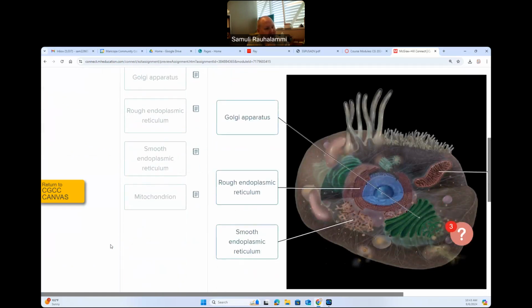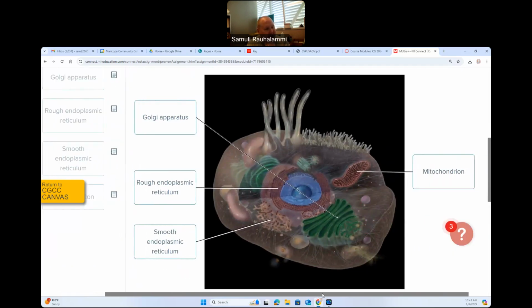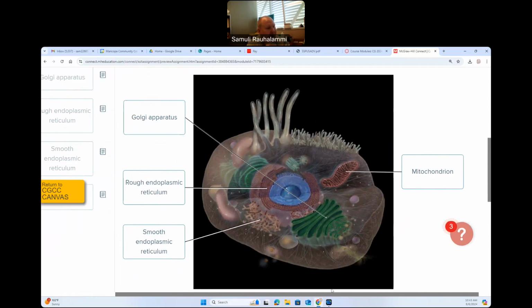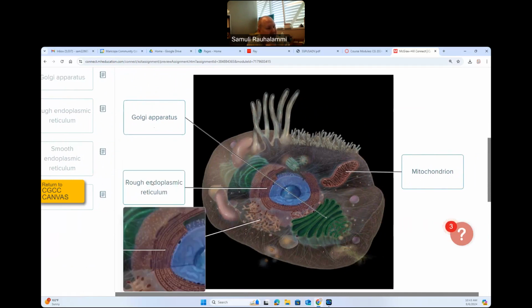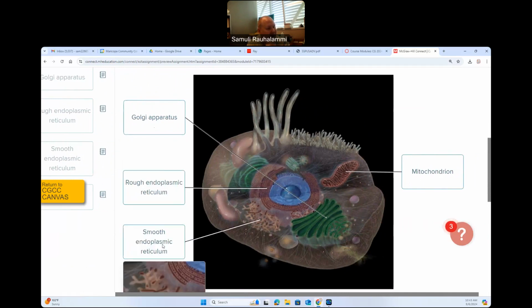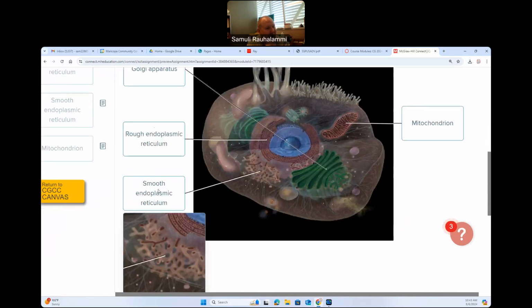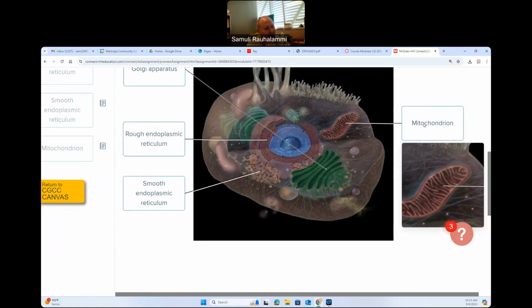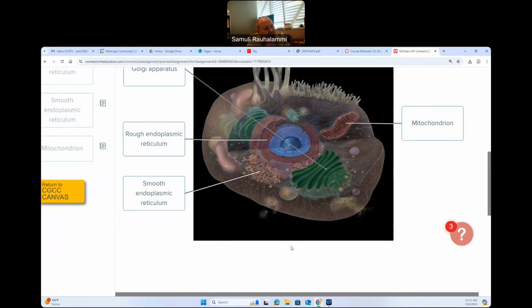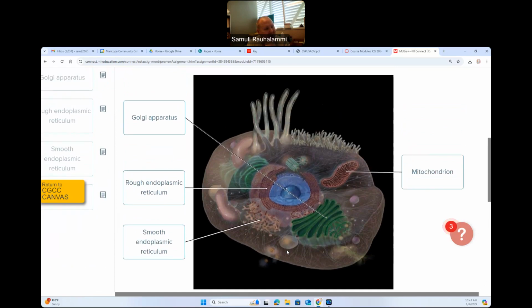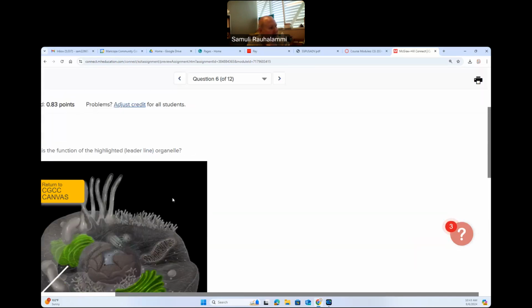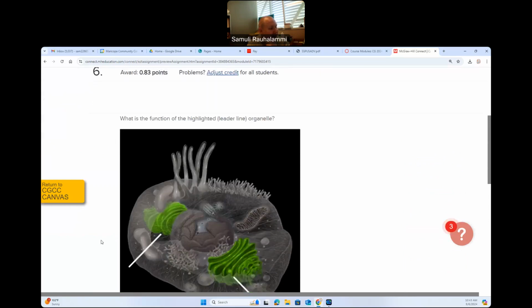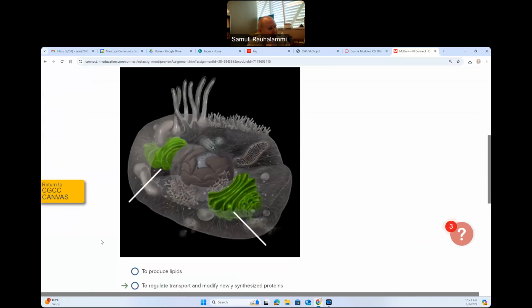I have similarly a diagram here of a cell. We're seeing a different representation of the Golgi apparatus, rough ER and smooth ER, as well as the mitochondria. So remember, there's always a little bit of artistic representation, so you see some variety in the way these cell organelles are communicated. I also have some questions where I do ask you what is the highlighted organelle.